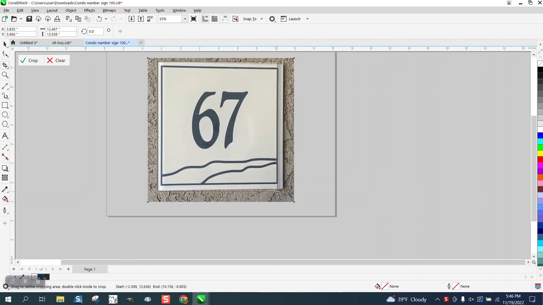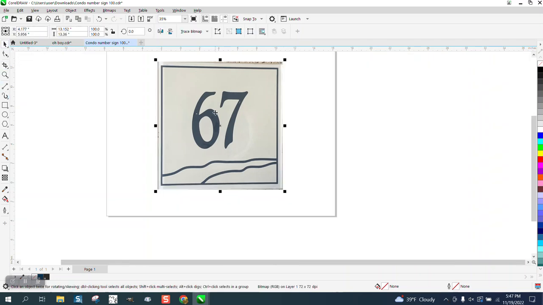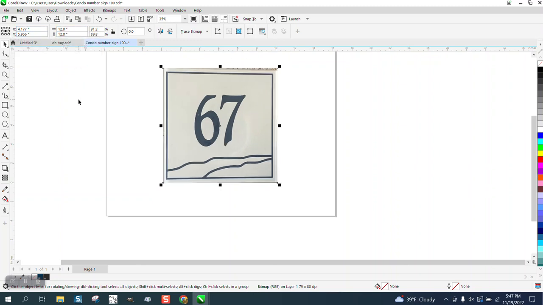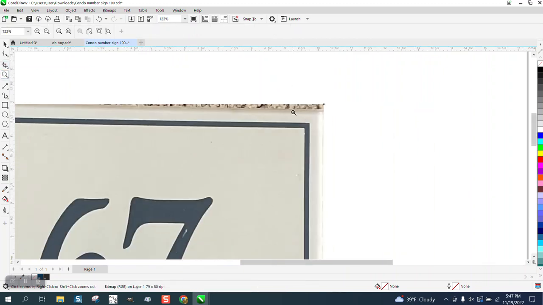So let's just go, because I think his main question is, and I'm going to go crop it, and then you can see our figures are wrong, but with our ratio, we know, let's say, we know it's 12 by 12. With my ratio unlocked, I'm going to make it 12 by 12. So now, with the exception that it was taken at a skew, and we got the tile a little bit off,